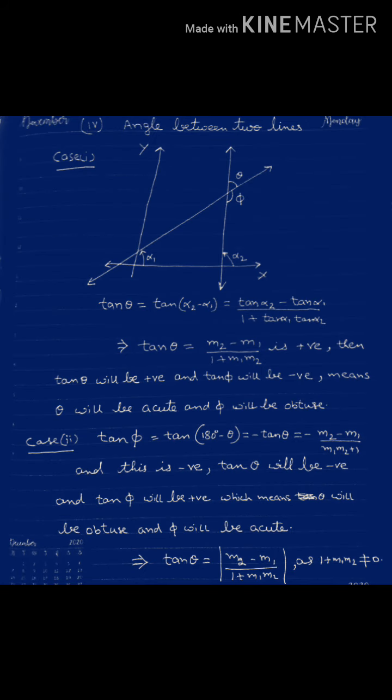Next point, we are having angle between two lines when slopes m1 and m2 are given as shown in circle. Tan theta is equal to mod of m2 minus m1 by 1 plus m1 m2. We are taking mod because here two cases are there. It may be positive or it may be negative. It's according to angle. It may be acute or obtuse angle.